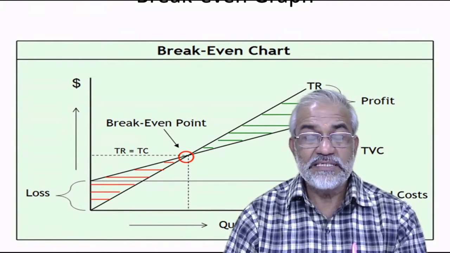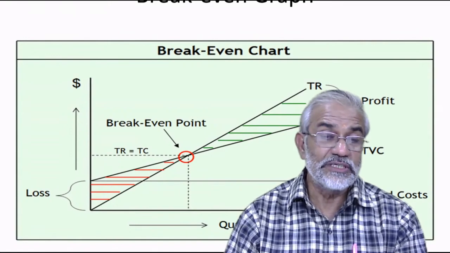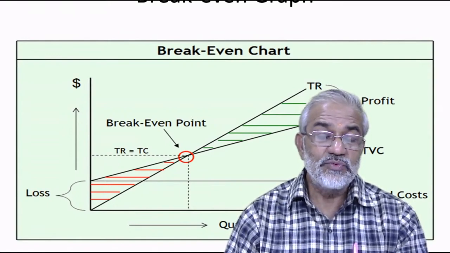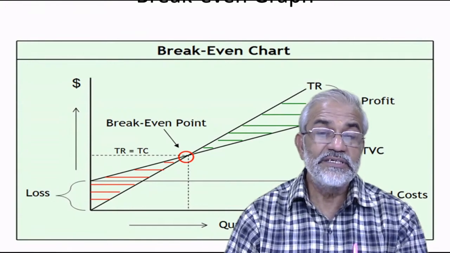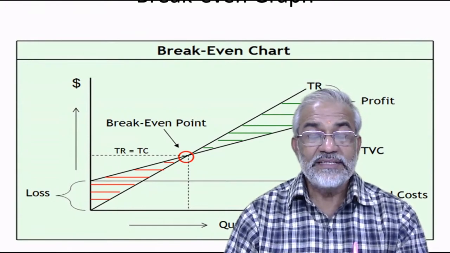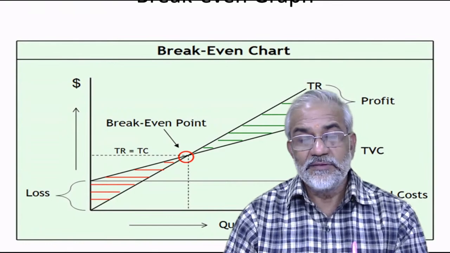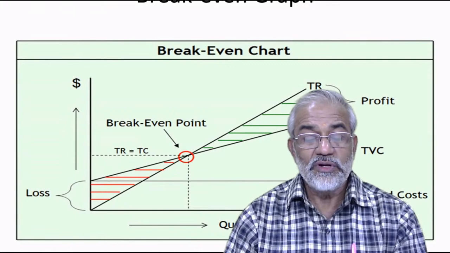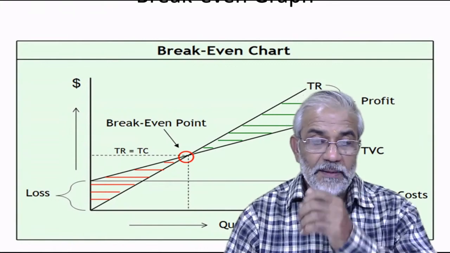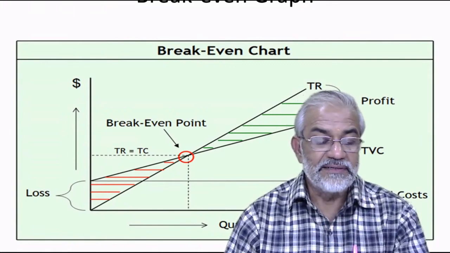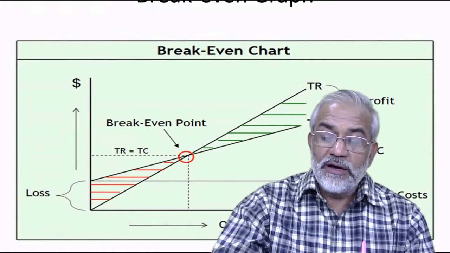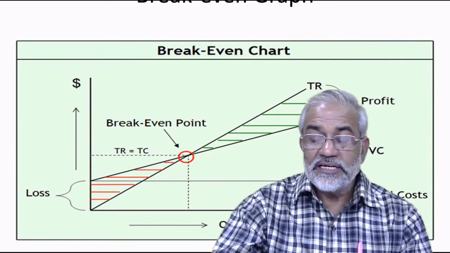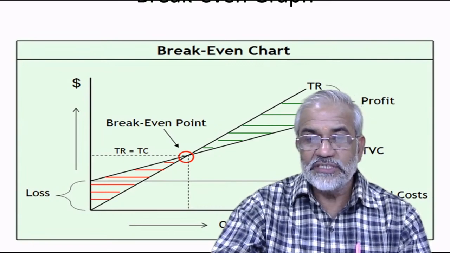If the selling price is substantially higher than the cost, the angle of incidence would be much wider than in the figure shown here. So the wider the angle of incidence, the higher the profitability position of the organization. So when you look at the break-even chart here, which is the result of marginal costing,